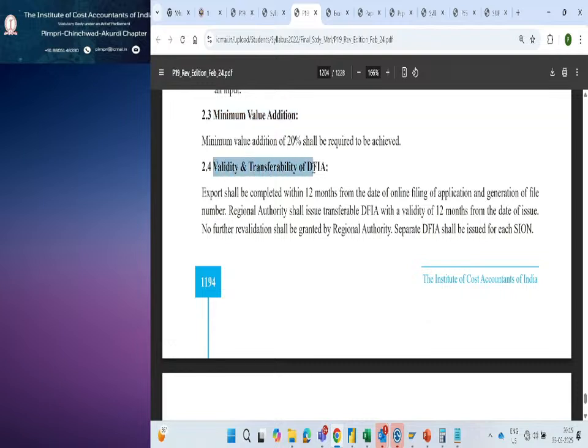The validity and transferability of duty free import authorization. So what is the validity? There we have seen 12 months. Similar here, the export shall be completed within 12 months from the date of online filing of application and generation of file number. The regional authority issues a transferable DFIA with a validity of 12 months from the date of issue. So no further revalidation, and a separate DFIA shall be issued for each